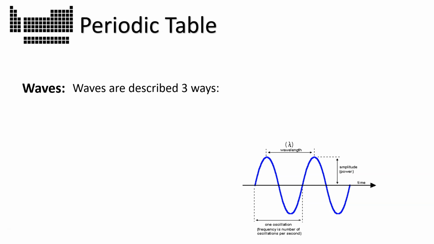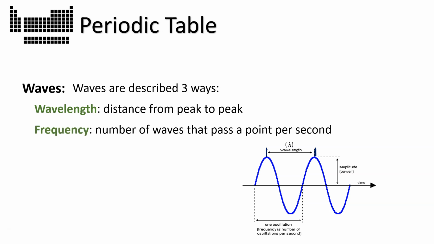So let's back up a little bit and talk about waves in general, because this radiation travels in the form of a wave, and you've got to know how to describe waves, and there's three ways you can do it. One is the wavelength, and that's marked out on this diagram here. If you went from one peak of the wave to an adjacent peak and measured that distance, that is called the wavelength. Easy to define and remember because it is literally the length of the wave.